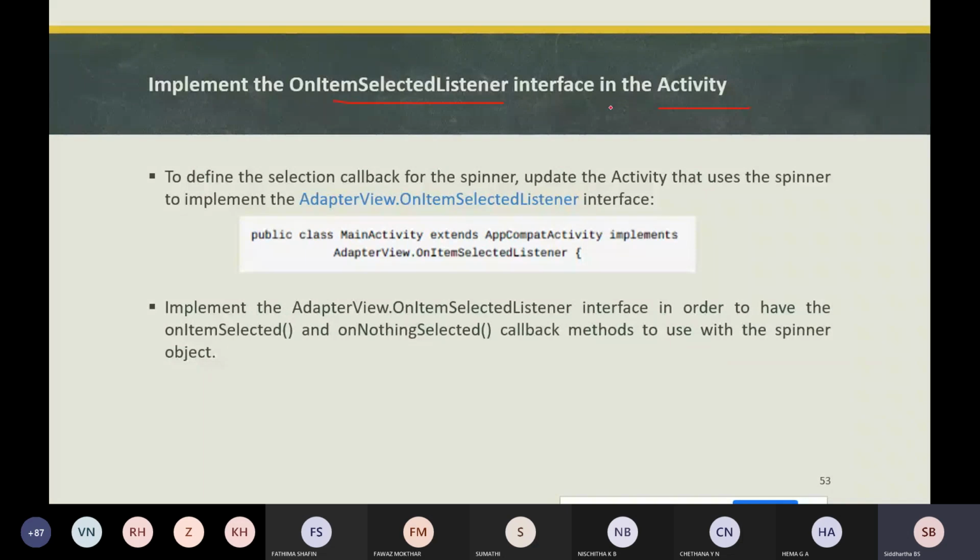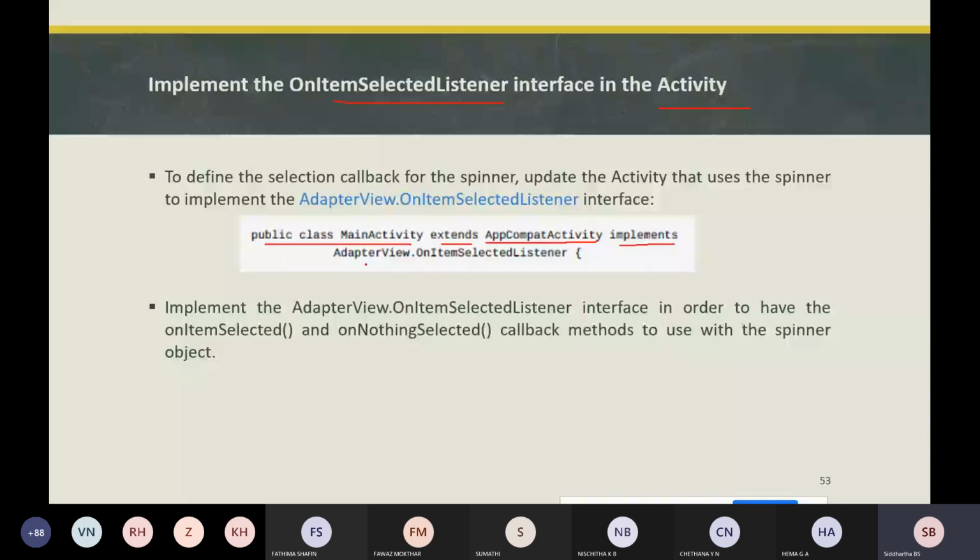For whatever item we are going to select, we need to implement an interface. In our class, see, public class MainActivity extends AppCompatActivity, and this class is going to implement AdapterView.OnItemSelectedListener.